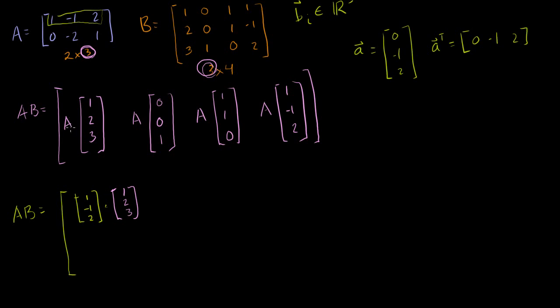And so that's going to be the first entry in this matrix vector product. The second entry is going to be the second row of A, essentially dotted with this vector right there. So it's going to be equal to 0, -2, and 1 dotted with 1, 2, 3. And we just keep doing that. Then A times 0, 0, 1, that's going to be the first row of A, expressed as a column vector. So we can write it like this: 1, -1, 2, dot